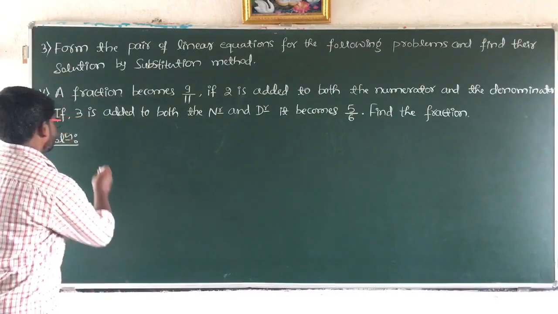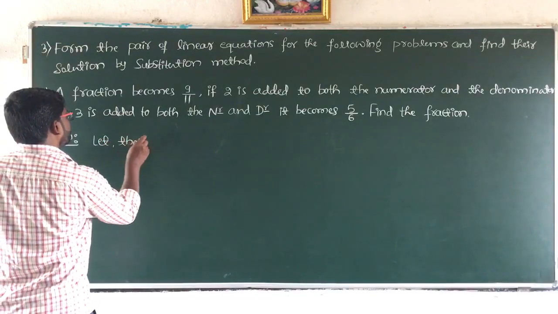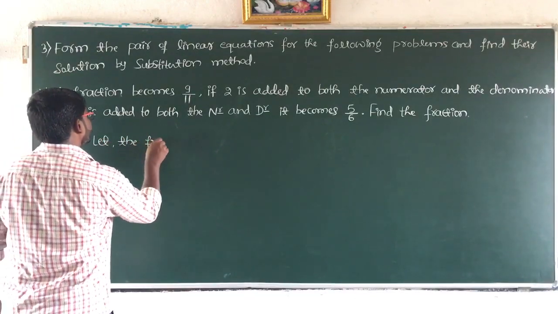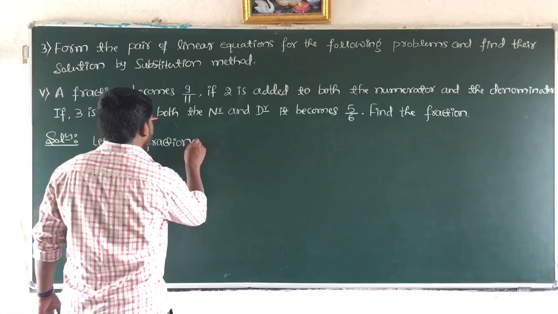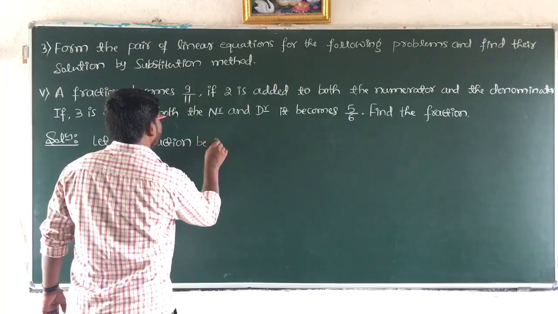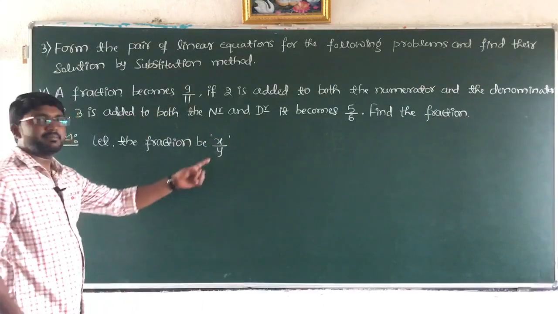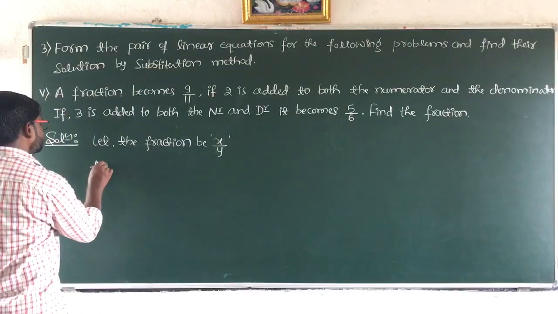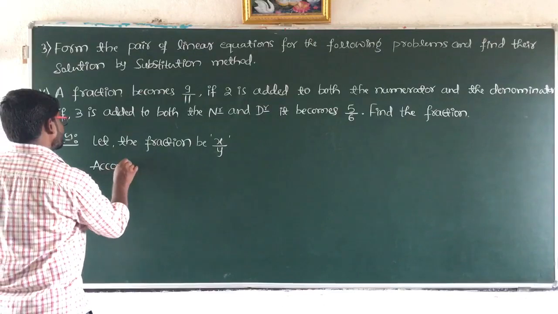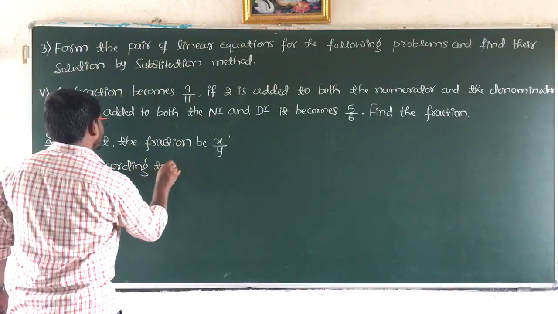That means I consider the fraction as x by y, where x is the numerator and y is the denominator. So let the fraction be x by y. I have taken the fraction as x by y. Now see here, according to the question,